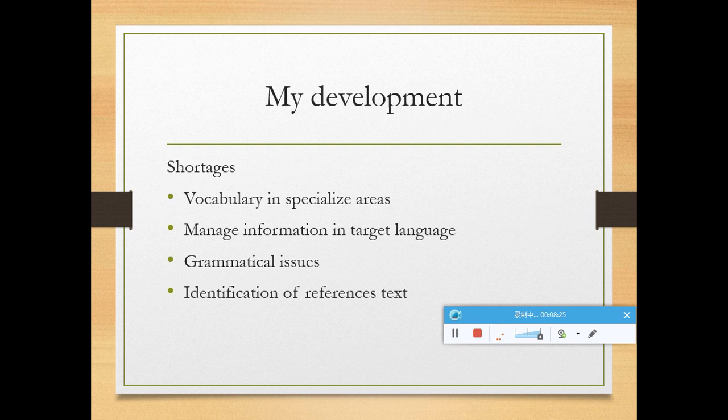I also had some difficulty in the management of information in the target language and made some mistakes in grammar. Well, when searching for materials, sometimes I found materials which were not really reliable.